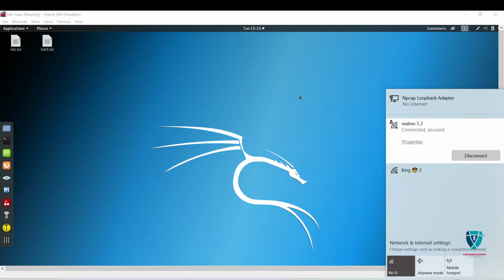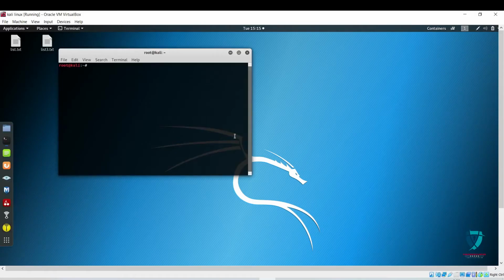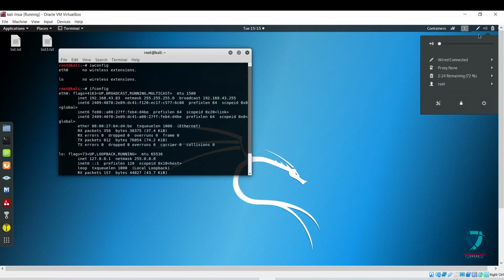Okay, first of all, I'm getting into the terminal, and then I'm going to see whether my Wi-Fi adapter is showing in my Kali machine or not. To see that, iwconfig is the command we have to enter, and we can see here "no wireless extension". We also check ifconfig. Ifconfig was also not showing it. Okay, so we need to connect it. I will plug in my Wi-Fi adapter here, just a minute.